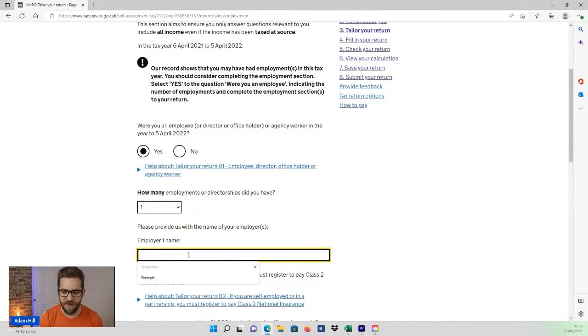You need to provide the name of your employment, so I'll just put Example Limited here. It's always a good idea to use official documentation to grab the name and all the details. So a pay slip is a good place to get the name from. Quite often the name that you refer to your employer as might not be their official trading name or their registered name with HMRC. So try to use a pay slip, use a P45,